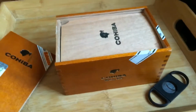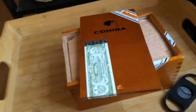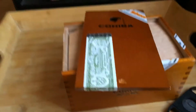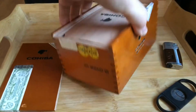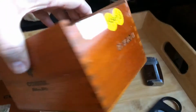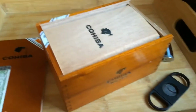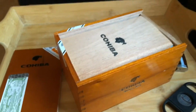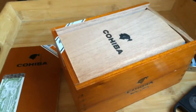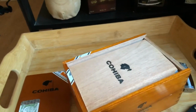Yeah, morning from London, and today we are going to be reviewing this classic, which is the Siglo 3. It's a Grand Corona, and very much one of my favourite Cohibas, to be honest with you. I'm not a big Cohiba fan. I had a box of 2011